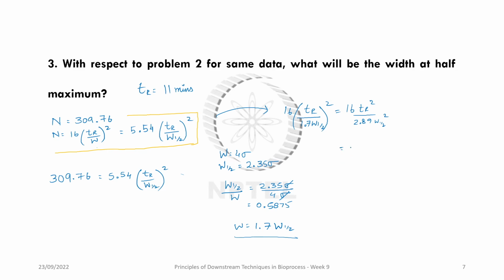There's probably a derivation for 16 TR by W the whole square also, but we are not going to get into that. So this has been approximated to 5.54 TR by half width the whole square. Fine. If you're very interested in how this derivation came through, we can take it up next week. So now, putting all these aside,